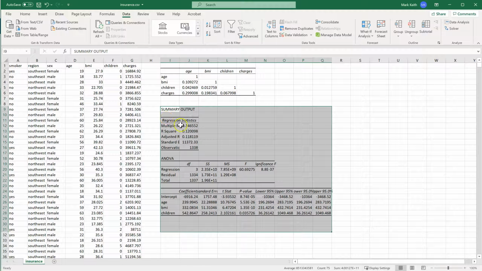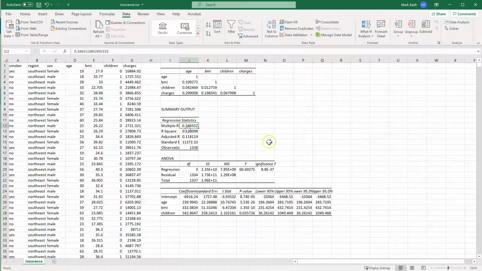All right, summary output. So we talked a little bit about R squared before, 12%. I'm going to bold that. So this is how much of charges we can explain with the combination of age, BMI, and children. Well, this is lower than the individual correlations with age and BMI. Yeah, that's okay. That's what happens as we start to explain,